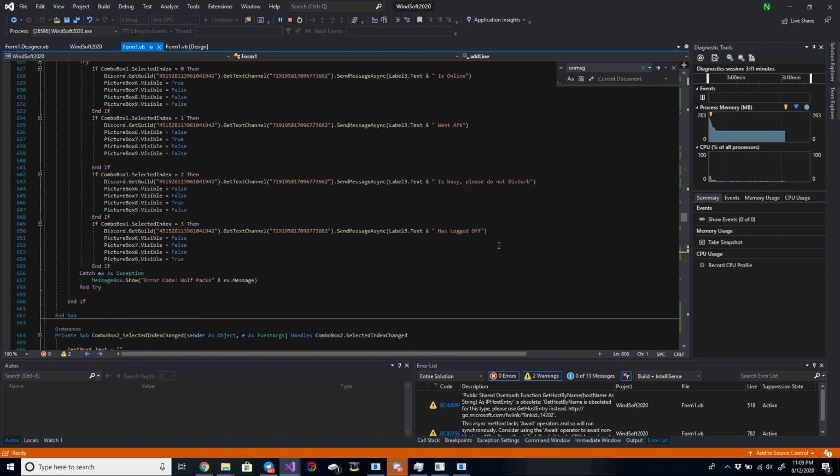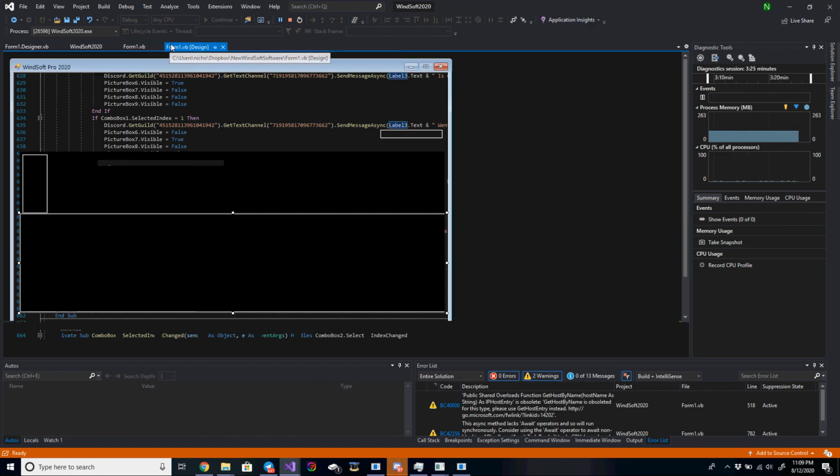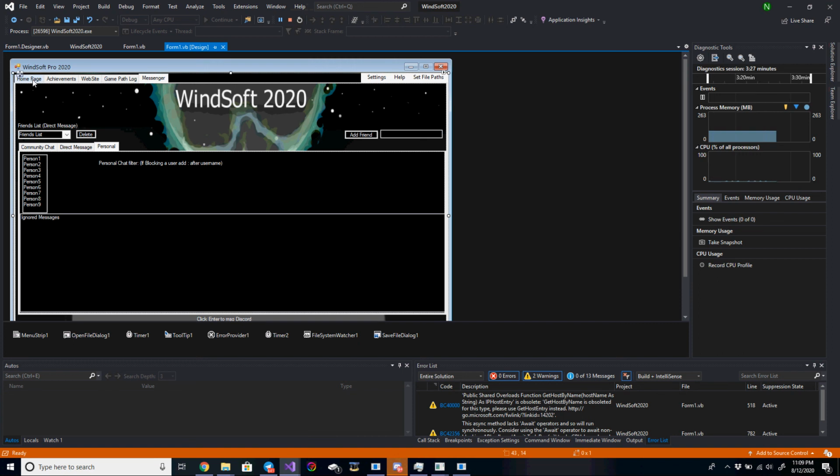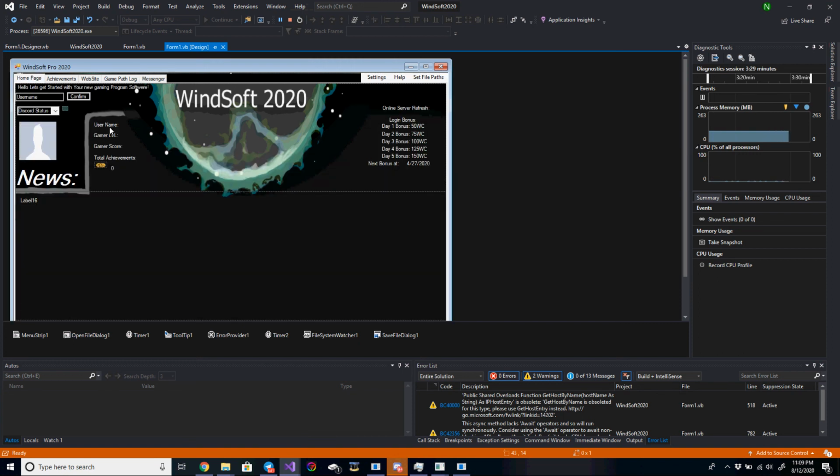So this is what this is. It has all the bot stuff, the text channel, and then it sends the message, and then label 3 is the username on my program. So we'll go over here, click username, and